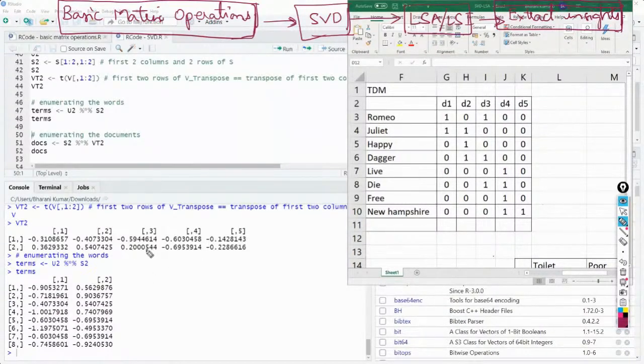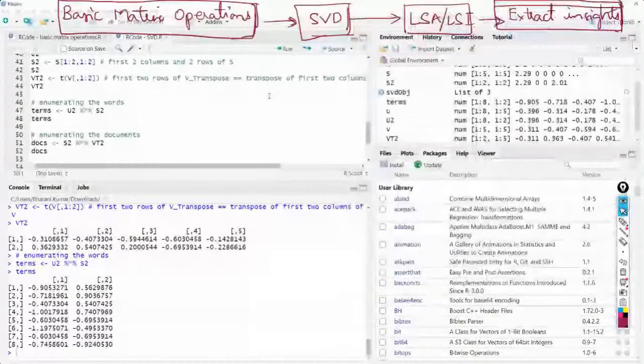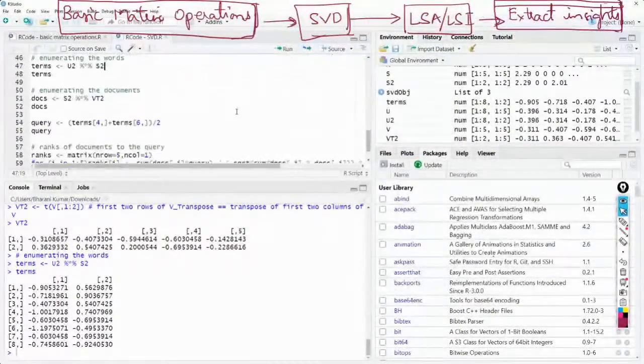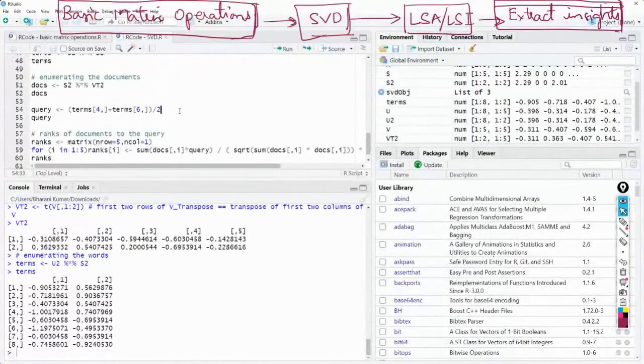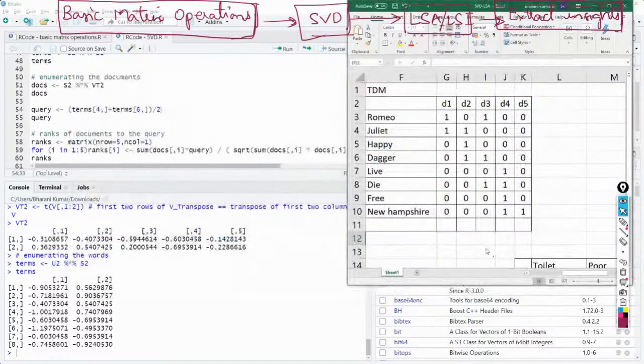Once you're done with this, the next thing that you have to do is you have to create a query. What do you mean by query? Okay. What was a query that we have used here?